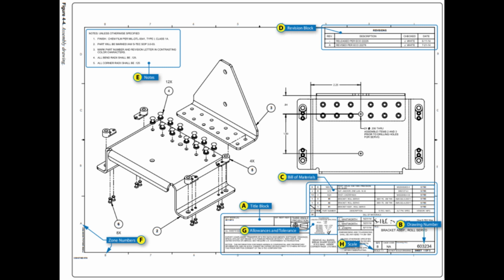Allowance can be indicated in either fractional or decimal form. When very accurate dimensions are necessary, decimal allowances are used. Fractional allowances are sufficient when precise tolerances are not required. Standard tolerances of plus or minus 0.010 or plus or minus 1/32 may be given in the title block of many drawings, to apply throughout the drawing.